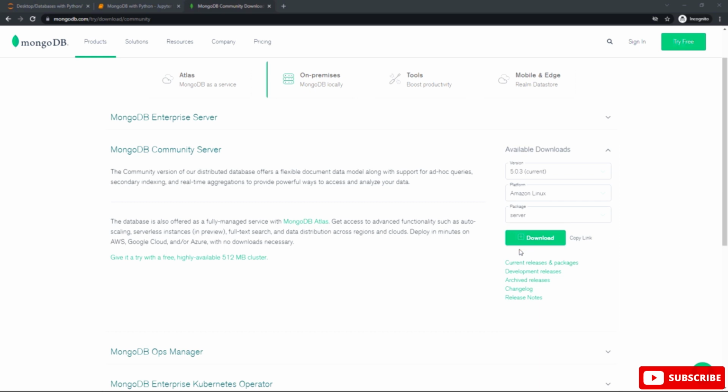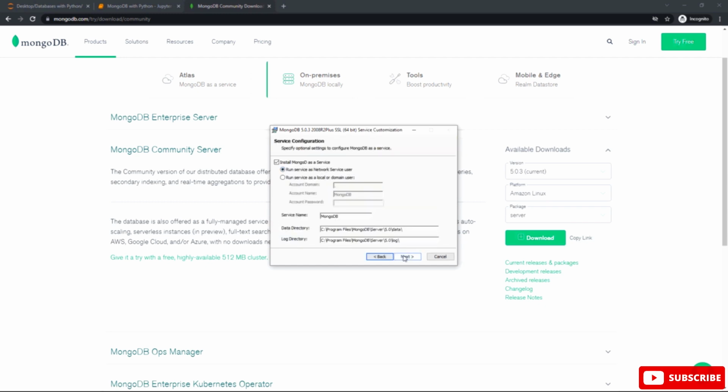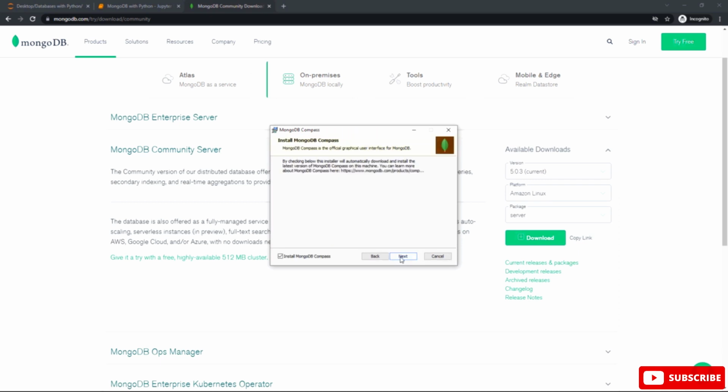Open the installation file and try to install it exactly as you can see here. And make sure to check this option, install MongoDB Compass. We are gonna use MongoDB Compass many times in this section to handle the MongoDB databases easily.